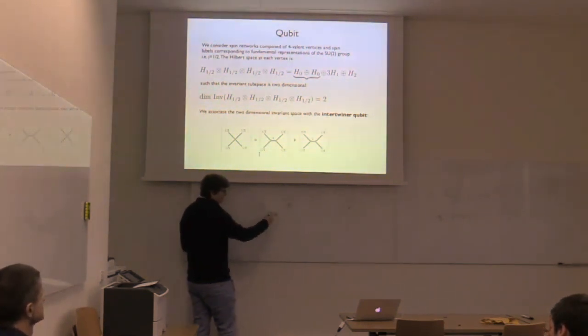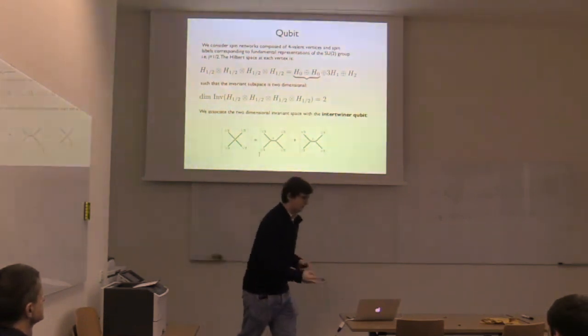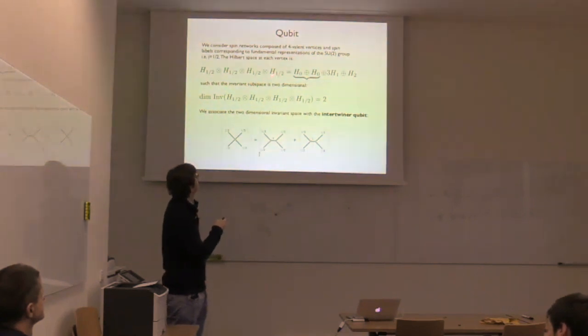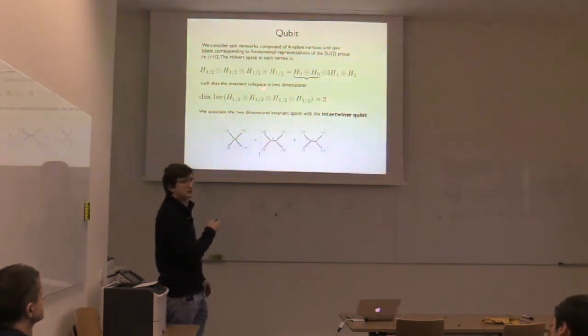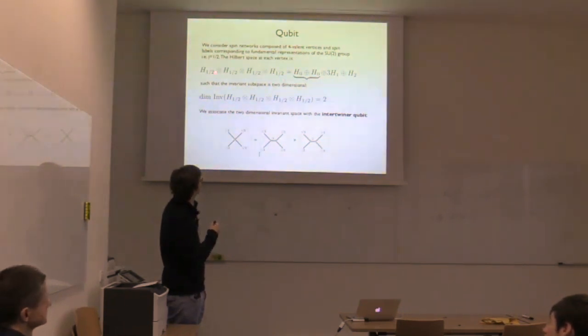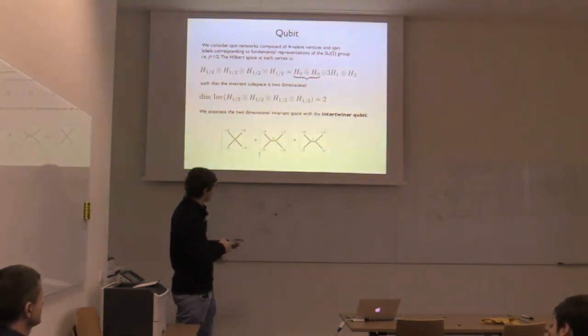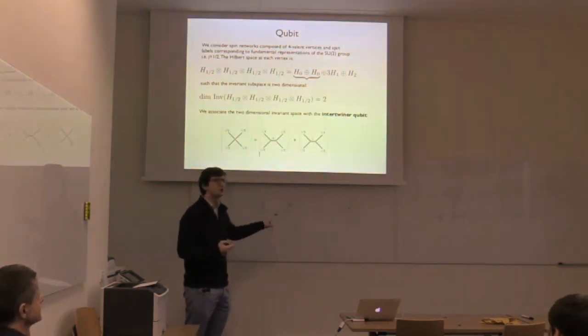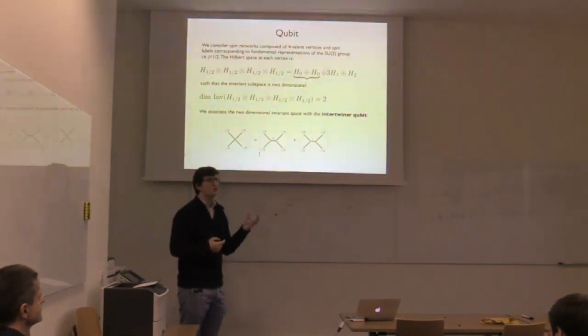Therefore, the Hilbert space at this node is a tensor product of 4 qubit Hilbert spaces, 4 spin 1/2. And if you decompose this tensor product into a direct sum, there are 2 configurations in which the spins sum up to 0. So we say that there are 2 singlets for 4